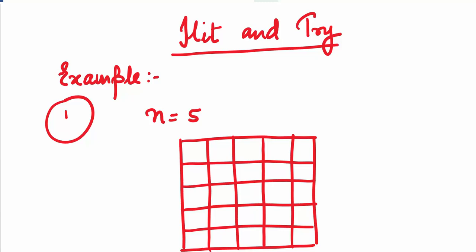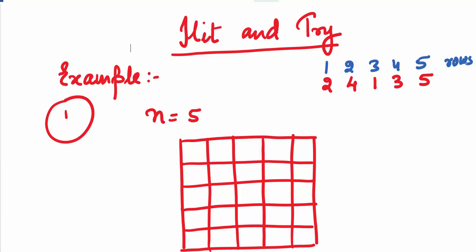Let's do one last thing, hit and try. Many times, by swapping positions, we get another valid placement. Let's take n equal to 5 and see how it works. What we do is, we will first write the even digits, that is 2, 4, then write the odd digits 1, 3, 5. On top of that, write digits 1 to 5: 1, 2, 3, 4, 5. Now, this gives us rows.